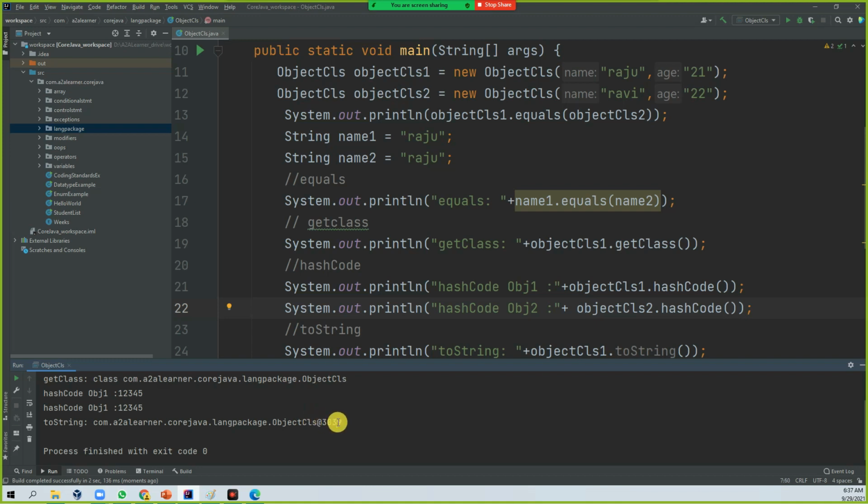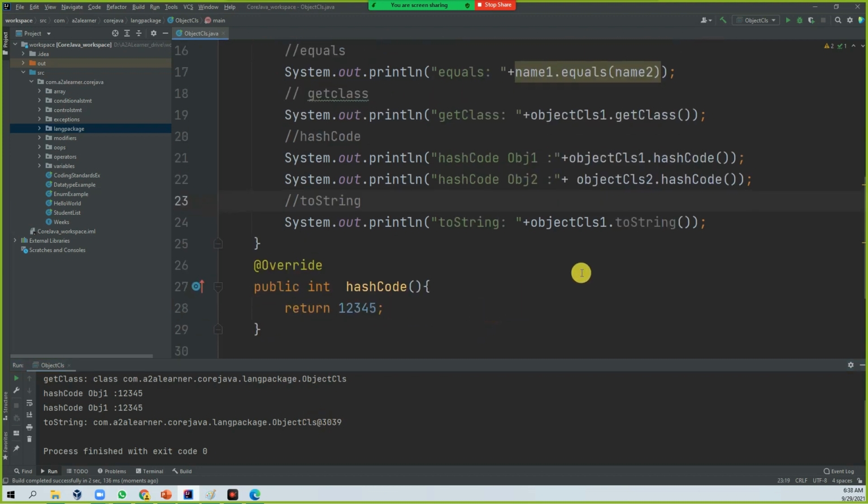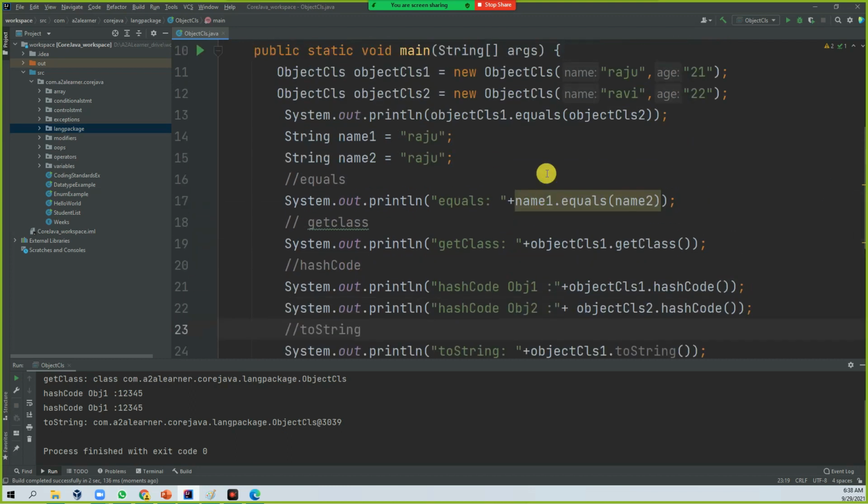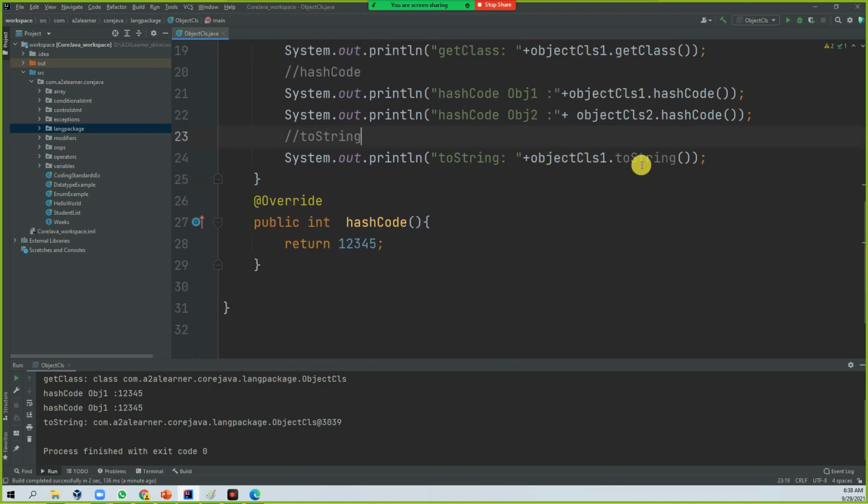You are not able to read it. What toString tells us is that if you want the object's information to be displayed for whoever is using that particular data, you can use the toString method. Internally, when you use the toString method, it is called from the Object class.